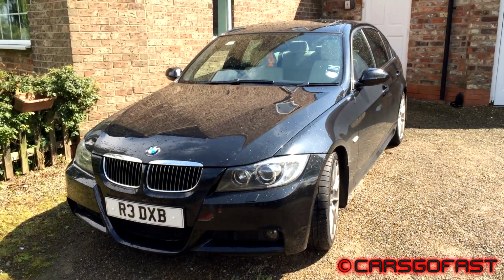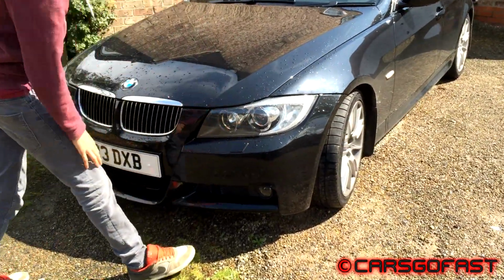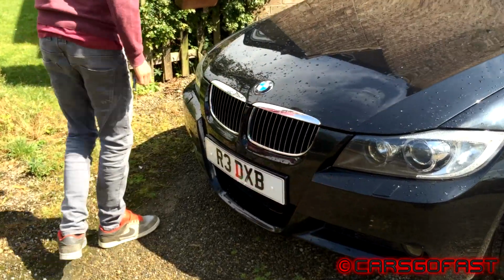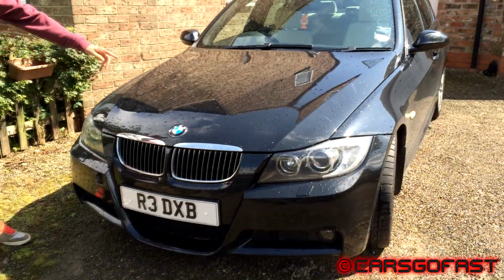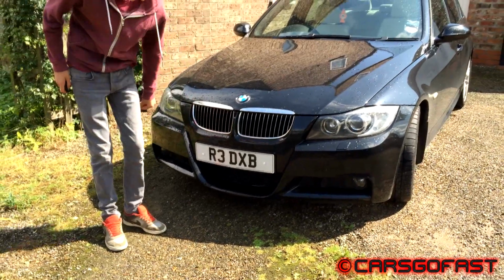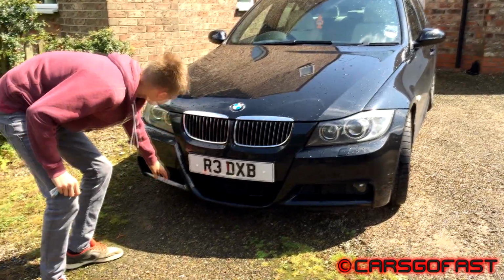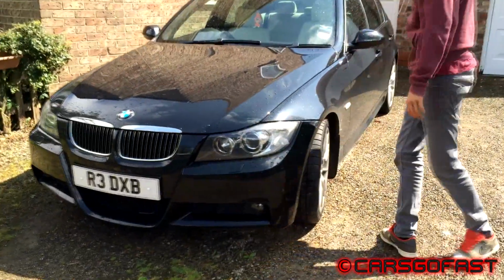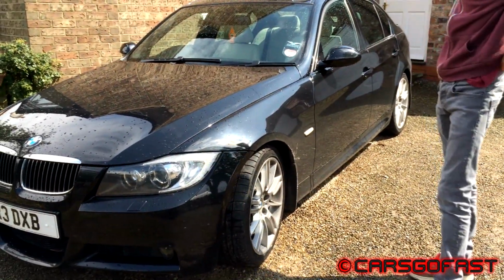Right, so this is the business end with the Xenon headlights in there, and the beamer badge, which is wet. It's been raining, and the car looks horrible when it's wet, but oh well. It's obviously the same lights on each side, with a chrome grille and the private plate, which came a few months ago. Then we've got the grille down here, air cooling and stuff. I think they look better on this than on the 320. I think they're a bit different. So yeah,